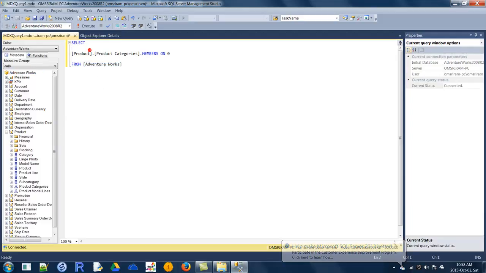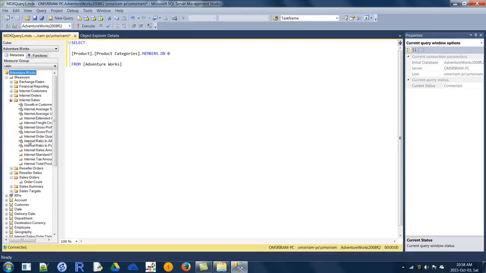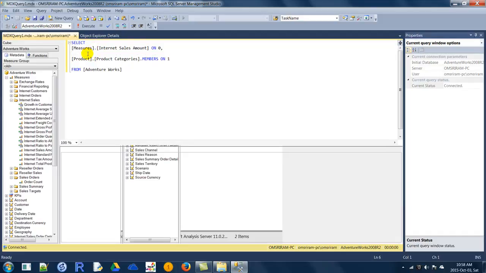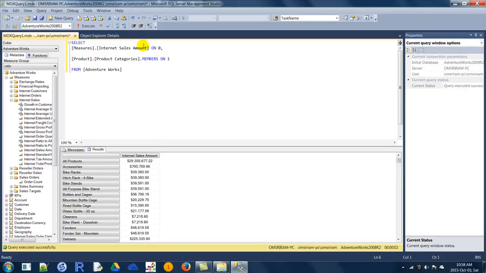And we have used internet sales amount on 0 axis and 1 axis. If you run it, we will get the value, so values for each product category.